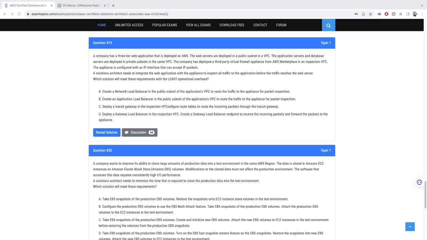The solutions architect needs to integrate the web application with the appliance to inspect all traffic to the application before the traffic reaches the web server. Which solution will meet these requirements with the least operational overhead? A. Create a network load balancer in the public subnet of the application's VPC to route the traffic to the appliance